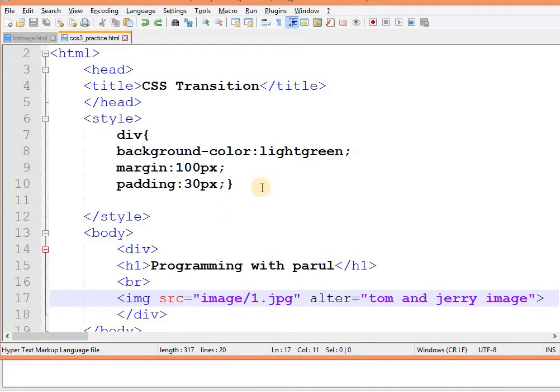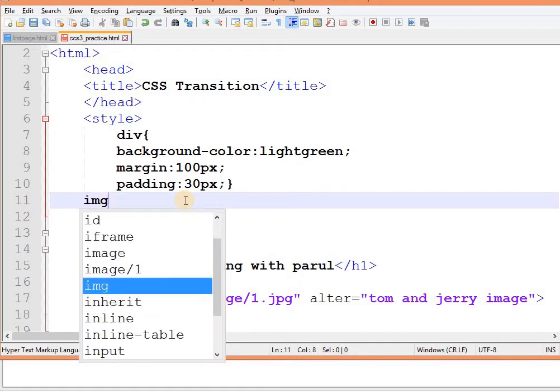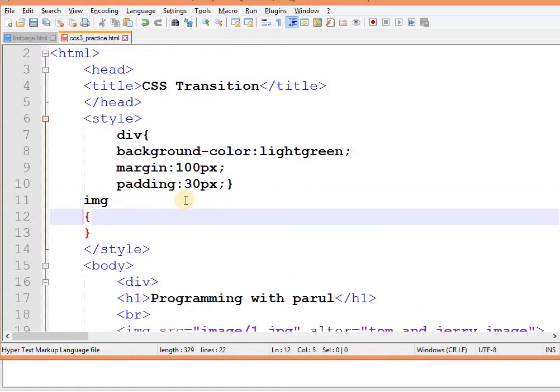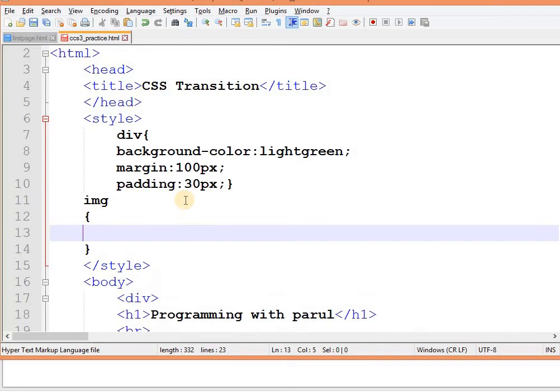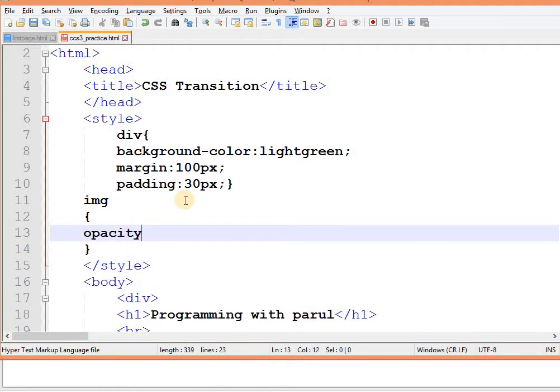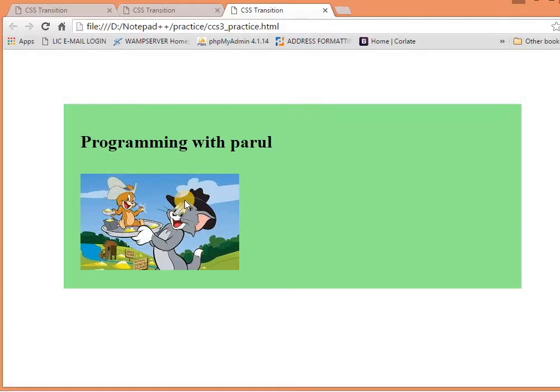Now I want to apply CSS to my image. How can I do that? Very simple. Take the img element as the selector, and now I want to set opacity. First of all I am taking it as it is, that is 1, and if I refresh this page there will be no change.